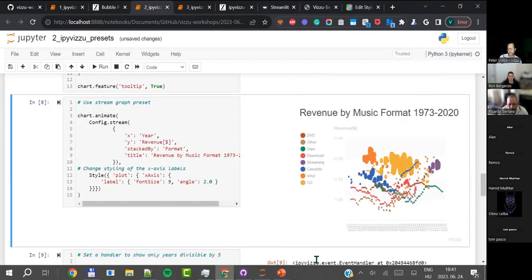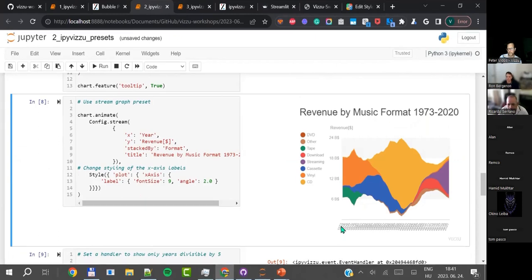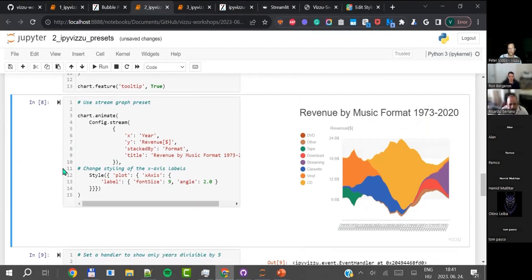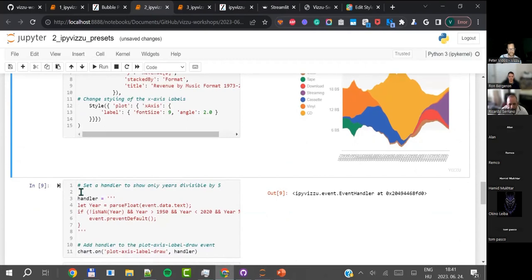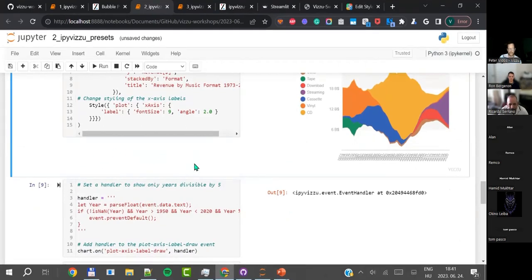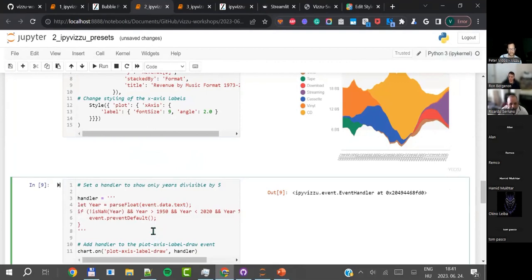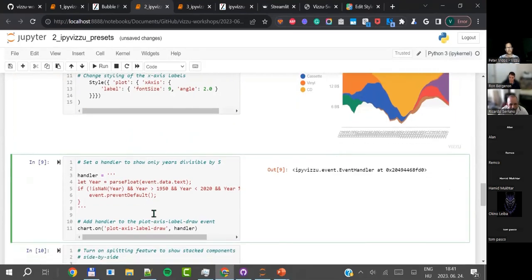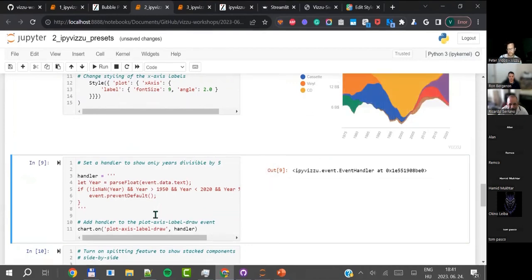The reason why we did it is because we wanted the labels here on the x-axis to be more like this in order to make space and overlap less, but it still doesn't look so well. And now we're going to use these events that we have. We have a lot of events with which you can fine tune the look and feel of your chart. They are written in JavaScript, sorry for that. This part says that only the years that are divisible by 5 should be written there. So I run this cell, and if I just move my mouse over in order for the chart to re-render, those are the only numbers that stay on the chart.